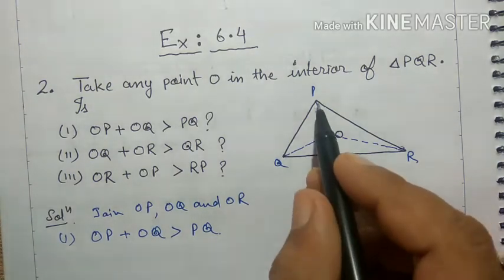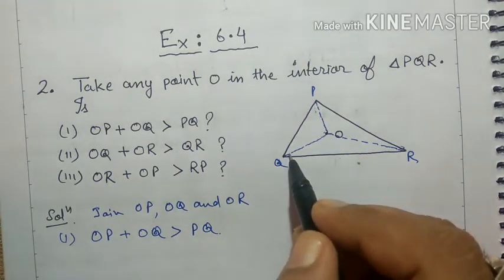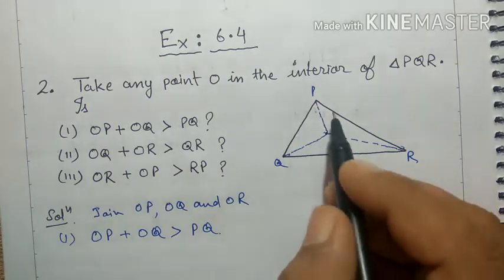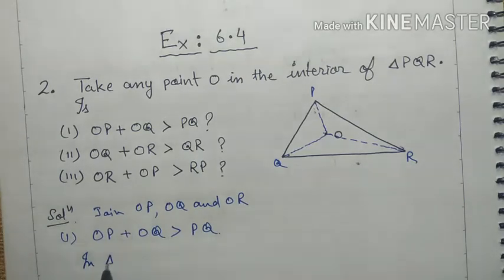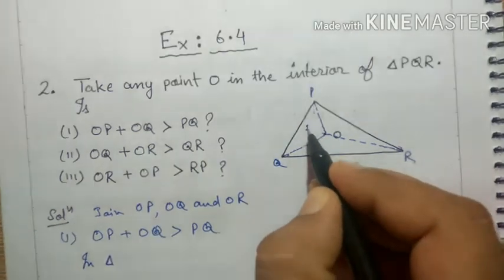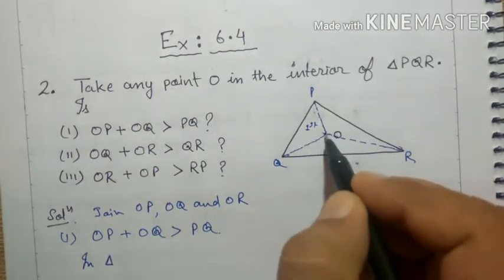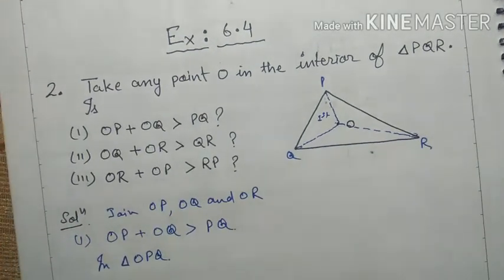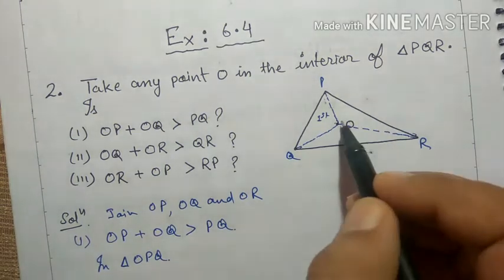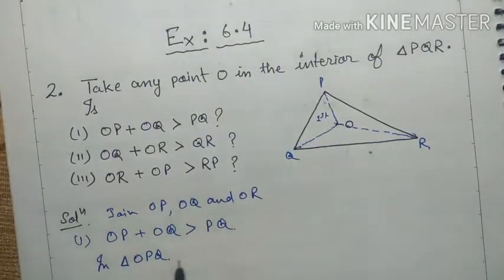OP means this, OQ means this and PQ means this side. So now, as you know, in triangle OPQ, the first triangle, as we know that the sum of two sides must be greater than the third side. So the two sides are OP and OQ. Here we have to write in triangle OPQ, sum of